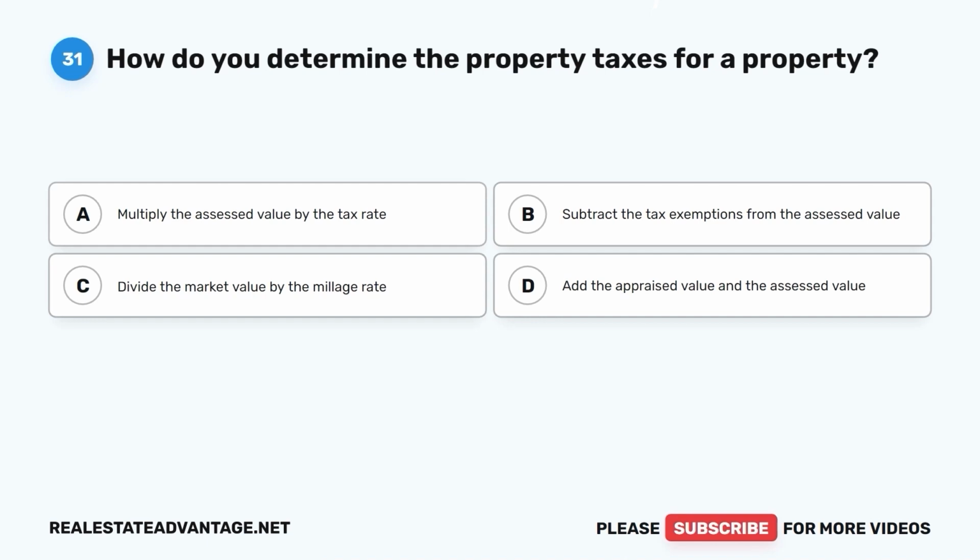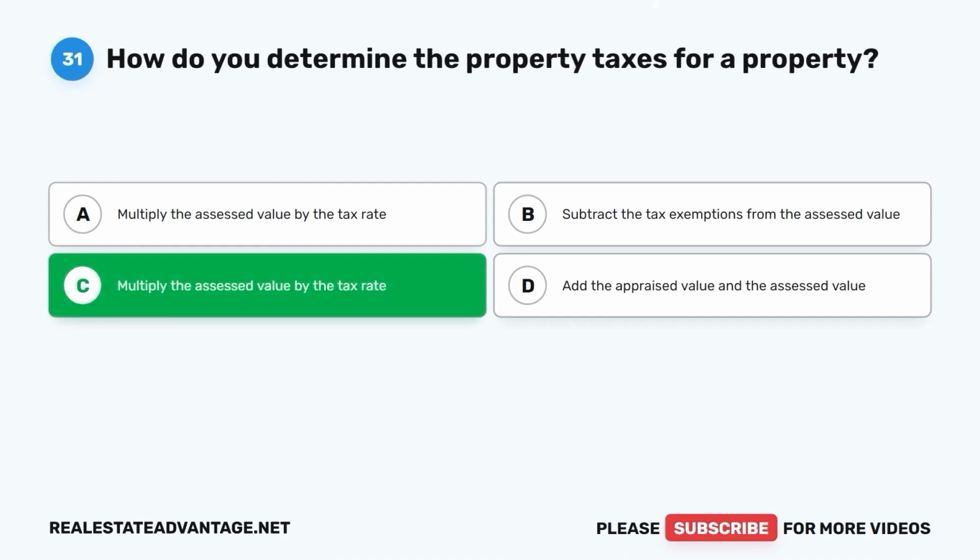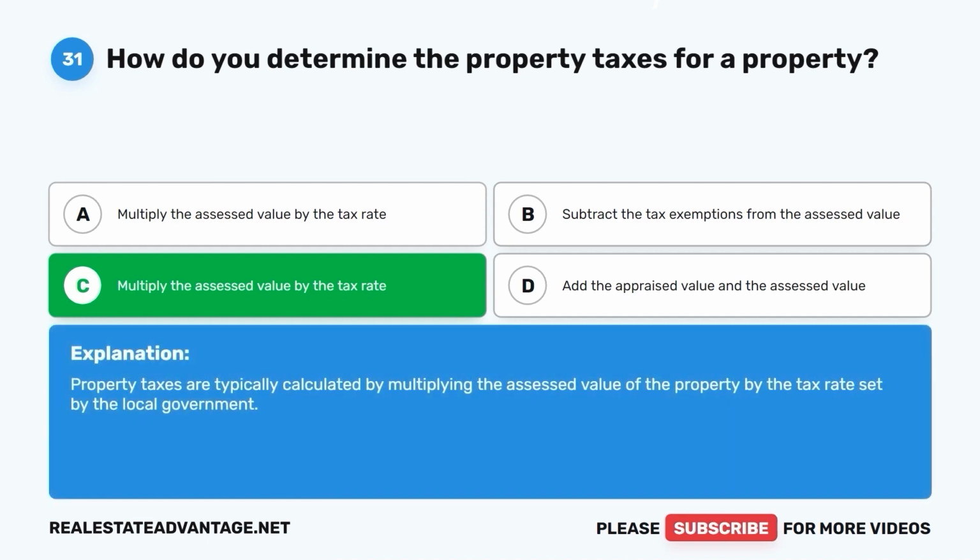Question 31. How do you determine the property taxes for a property? A. Multiply the assessed value by the tax rate. B. Subtract the tax exemptions from the assessed value. C. Divide the market value by the millage rate. D. Add the appraised value and the assessed value. The correct answer is A. Multiply the assessed value by the tax rate. Property taxes are typically calculated by multiplying the assessed value of the property by the tax rate set by the